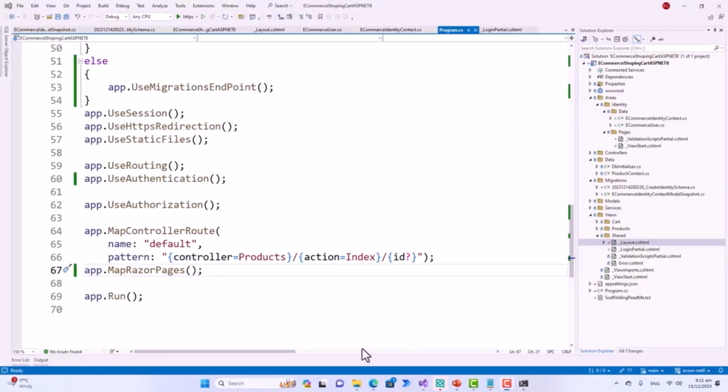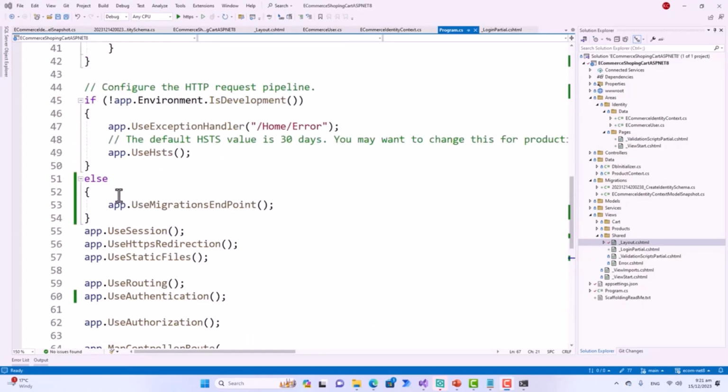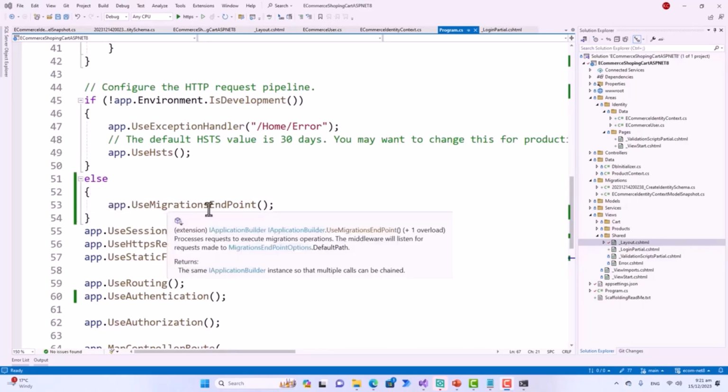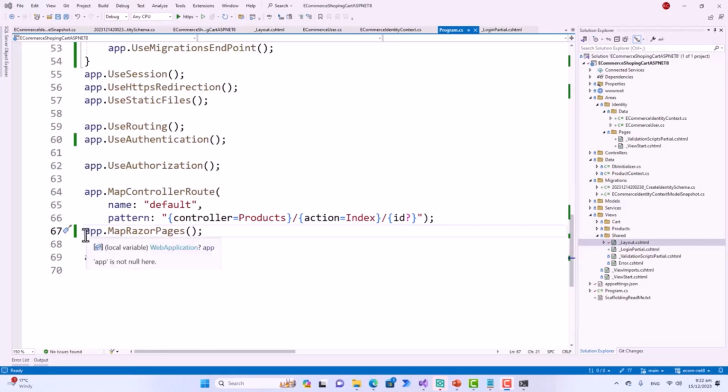Now, before running the application, I had to make two more changes in the Program file. If the application environment is a development environment, then use the migrations endpoint, app.UseMigrationsEndPoint. If it is not a development environment, then use the exception handler /Home/Error and use HSTS. This is optional, you may get rid of it. It adds middleware for a strict transport security header, but for demonstration or training purposes it is not required. But you also have to add app.MapRazorPages. So if you now run this application,